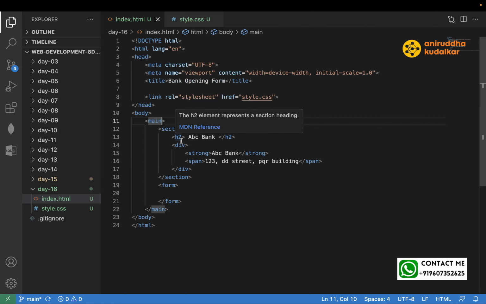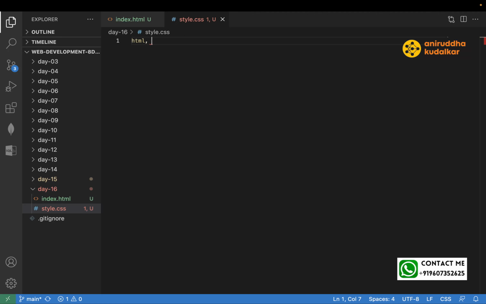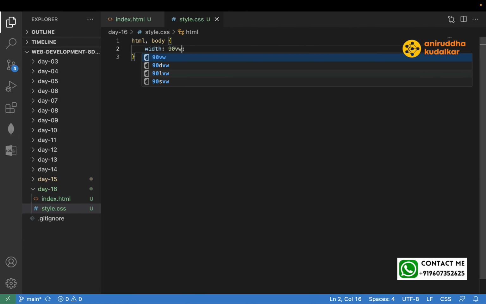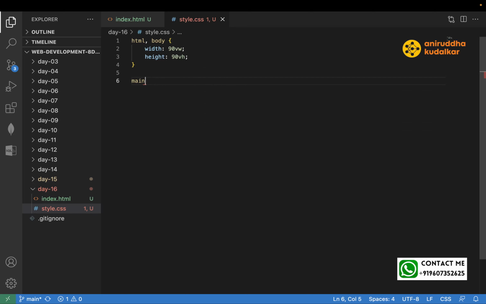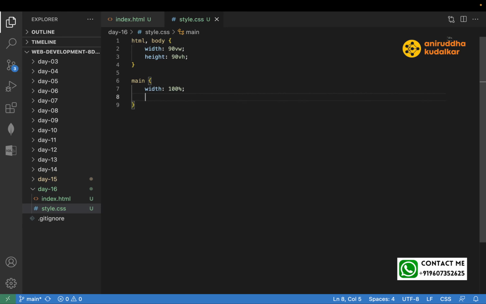So first to the main, first HTML, body, I can say width 90 VW, height 90 VH. Then main 100%, sorry, width 100%, height 100%,